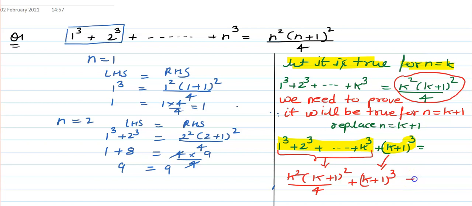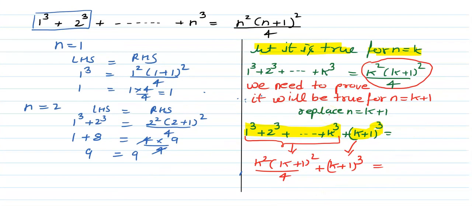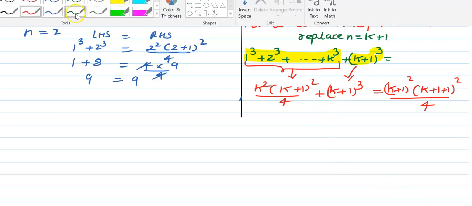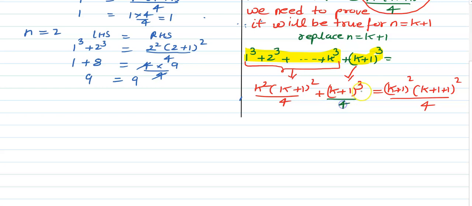Okay. And if you put the right hand side, I'm running out of space here, so let me scroll down. If we put k plus 1 here, it will be (k plus 1) square, and this will be (k plus 1 plus 1 extra) over 4. Now there is no 4 on the left, so we can make a common denominator, so we can multiply by 4 and divide by 4.